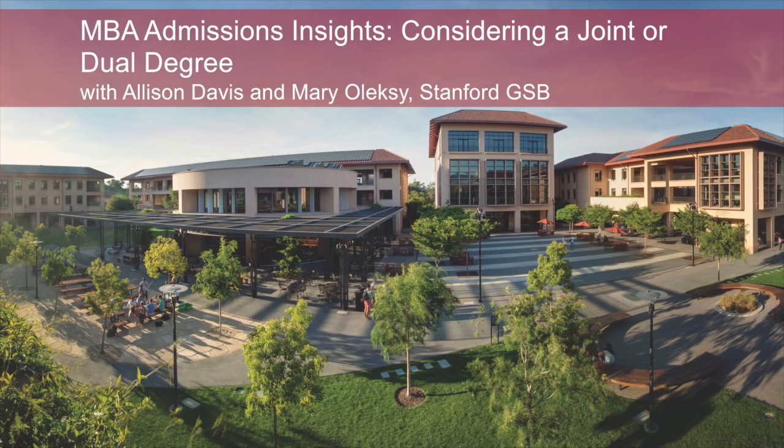Something else you want to think about is your competitiveness as an applicant. In general, I believe you should always throw your hat in the ring for a degree program that you're interested in. That being said, as with the MBA application, it can also be a significant time commitment to pull together a compelling application for a joint or dual degree. It can take hours to prepare for the exams, request recommendation letters, or write your responses to an essay question. So if it's available, I would take a look at the admissions criteria or statistics for the student body of the program you're interested in to assess, are you a viable candidate for this program,